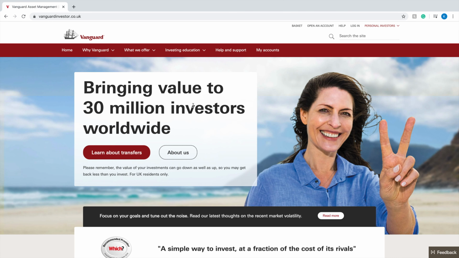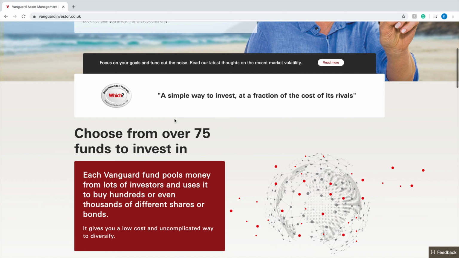Right, in order to start investing, we have to access the Vanguard website. So for UK investors, it's vanguardinvestor.co.uk. Now, if you're in another country, it will have a different website, and if you Google that, you will come up with the website for your country. So as you can see,